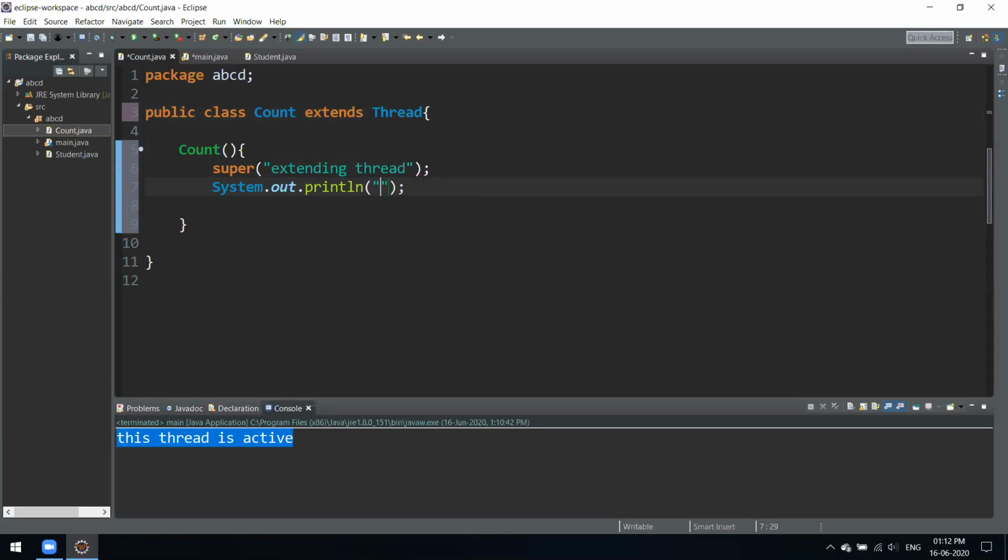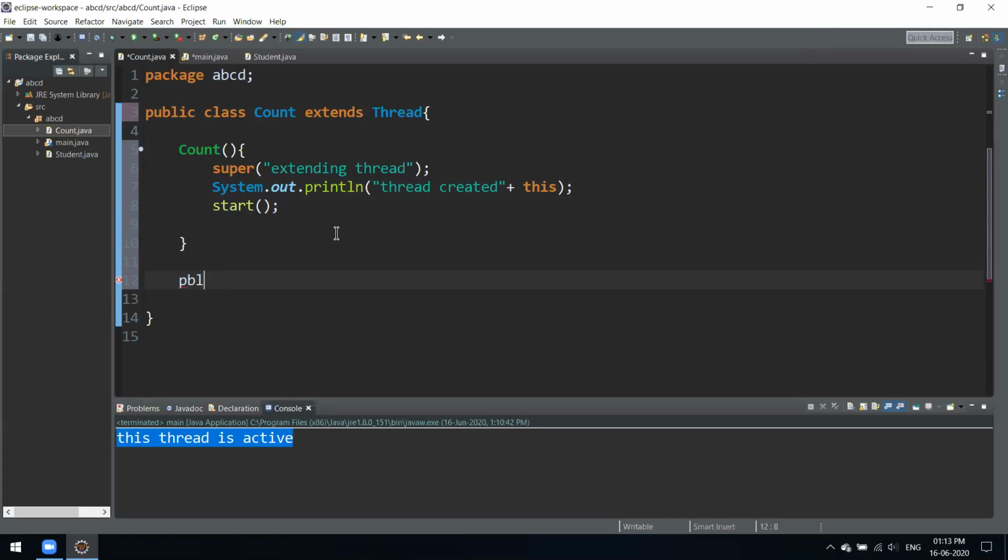We'll create a thread, and we'll start it in the constructor only. Now we'll write the code. We'll make a method over here to make a little piece of process, two processes which would run simultaneously. So we'll have methods for it.